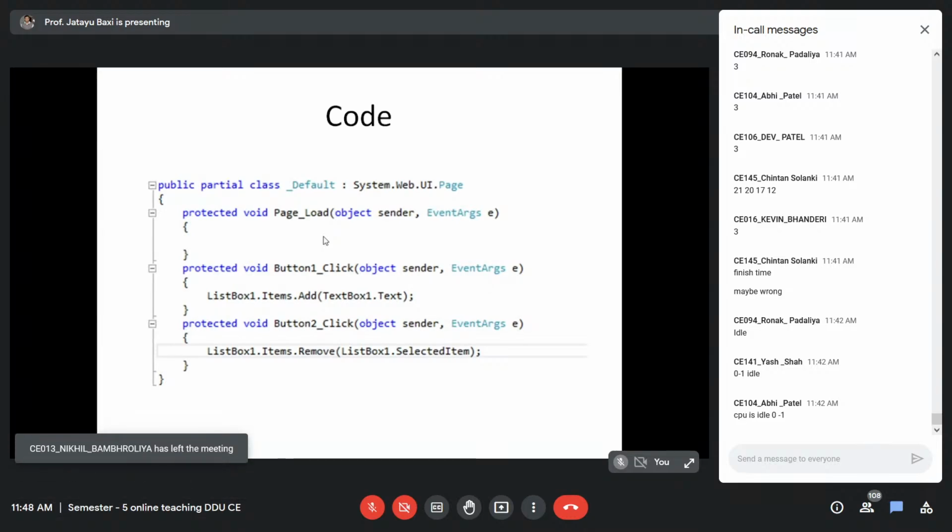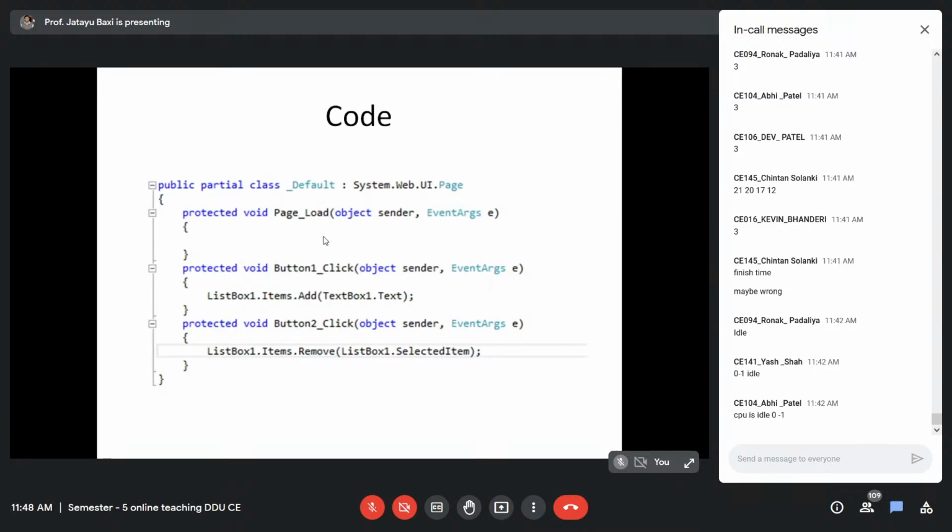So to add an item into list box, you have to write listbox1.items.add, and then you have to write the name of the item that you want to add. Now inside the brackets in the add method, you can either write a normal text, or you can also create a list item object.